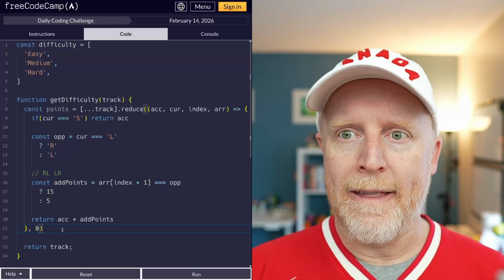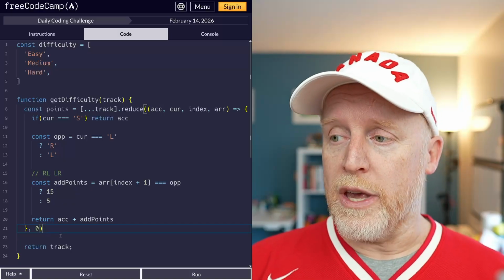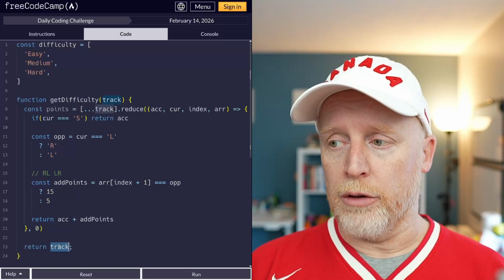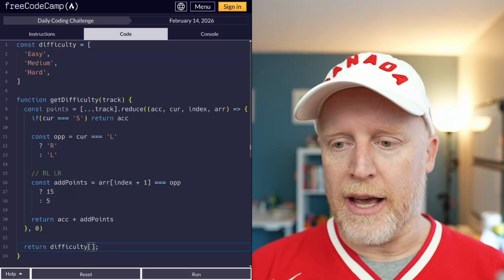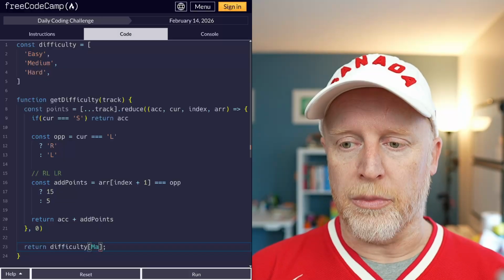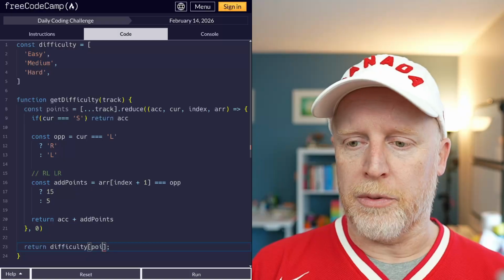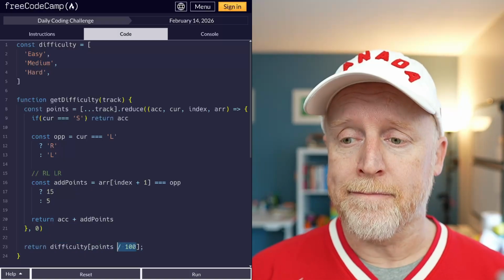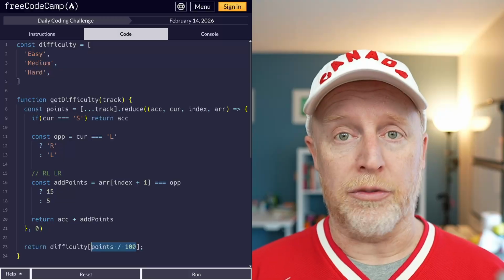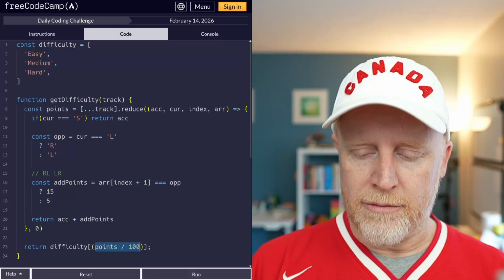So now that we have that, we can return that difficulty. Inside of here, we're going to do some math. Specifically, we're going to take those points. We're going to divide them by 100, which is going to give us a decimal place. From there, we go